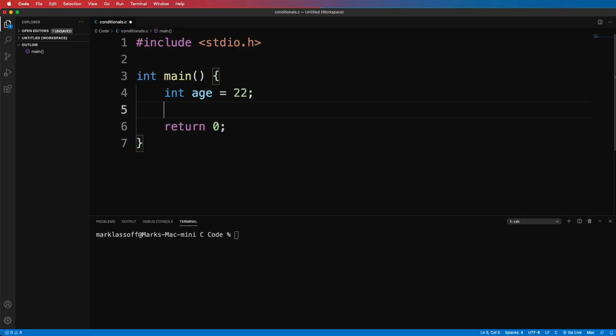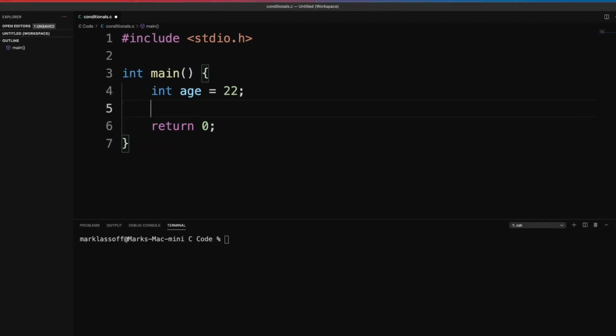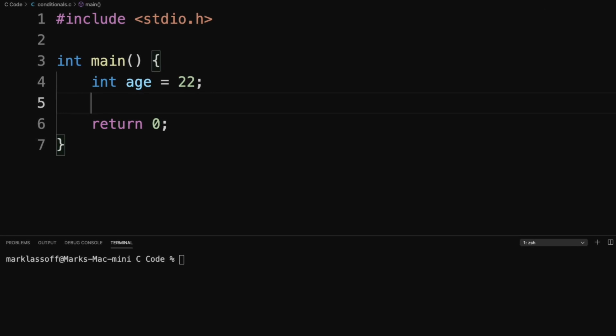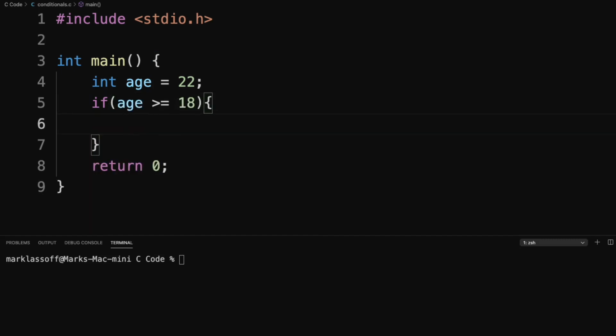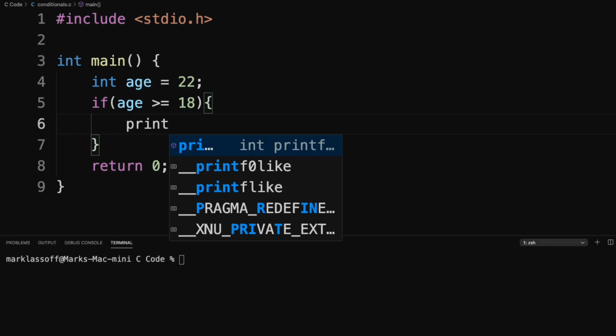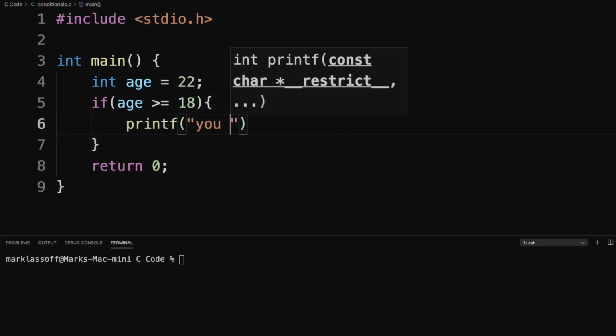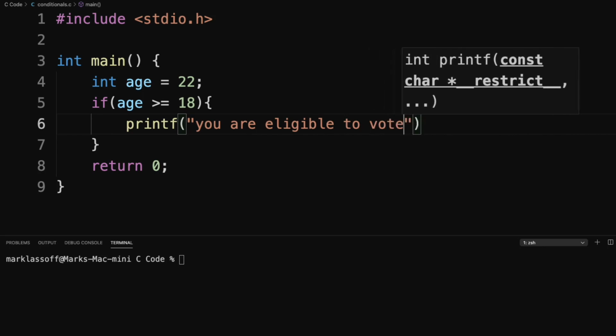The decision we're going to have our C program make is whether or not someone is eligible to vote. If we simplify things a bit, someone is eligible to vote if their age is greater than or equal to 18. In this case on line 4, I've declared an integer variable assigning the age the initial value of 22. Our test, however, in our conditional is going to look like this. Age greater than or equal to 18. If that resolves as true, then we're going to execute what's inside these curly brackets. So I'm going to use the printf command and simply output you are eligible to vote.